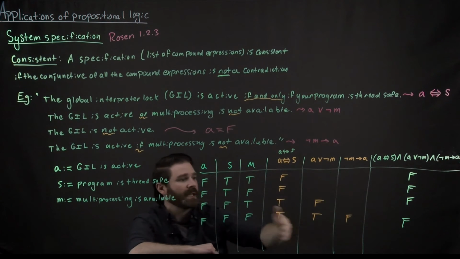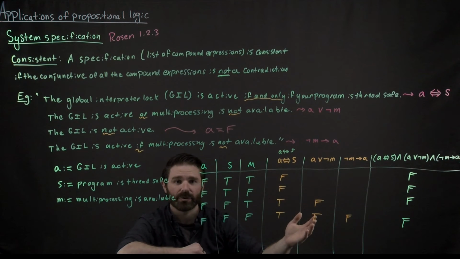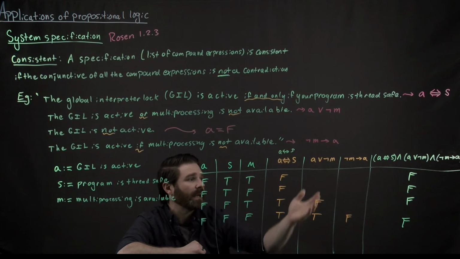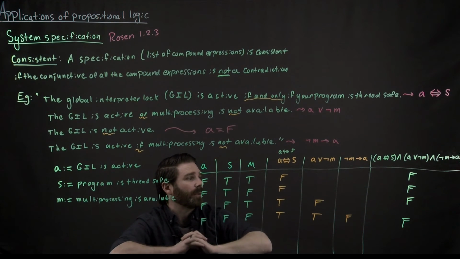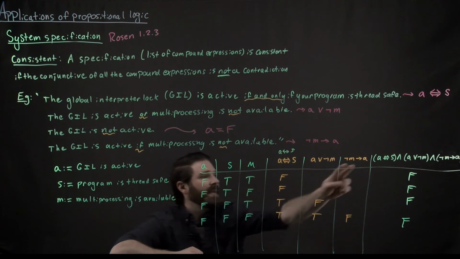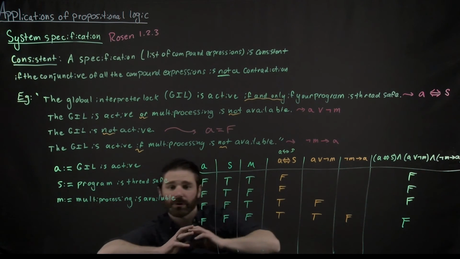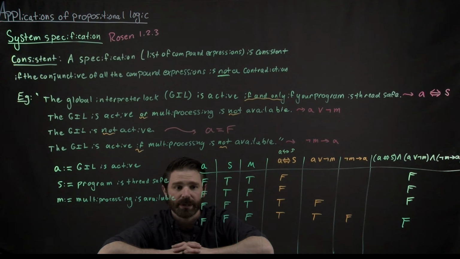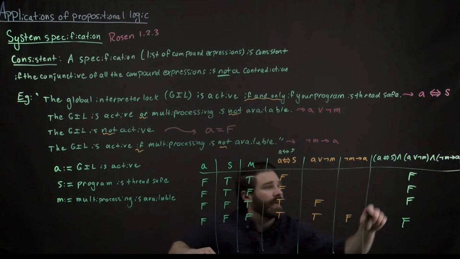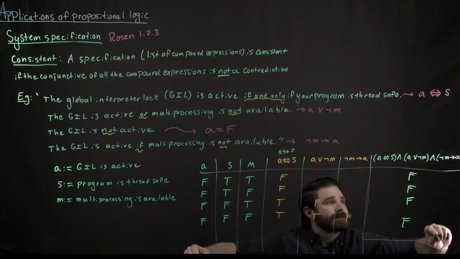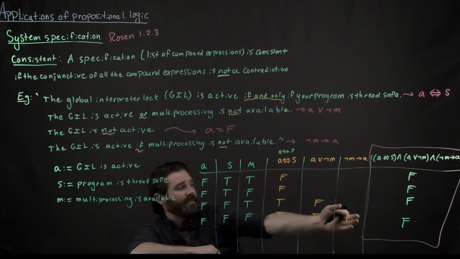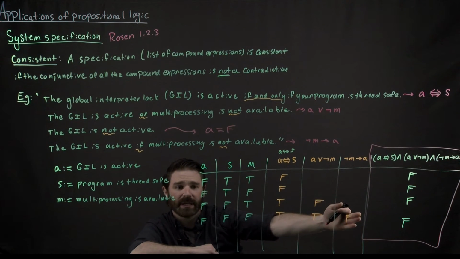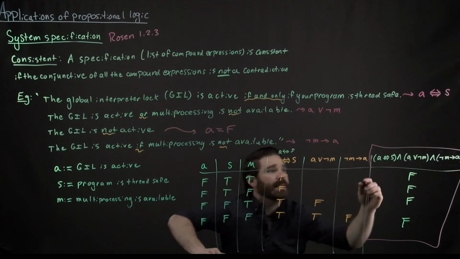So I didn't even need to fill in the complete truth table because I used some properties of the conjunction, knowing that it needs all of these to be true for the entire compound expression to be true. So you will notice right here that everything is false. Everything is false right here. So this thing is a